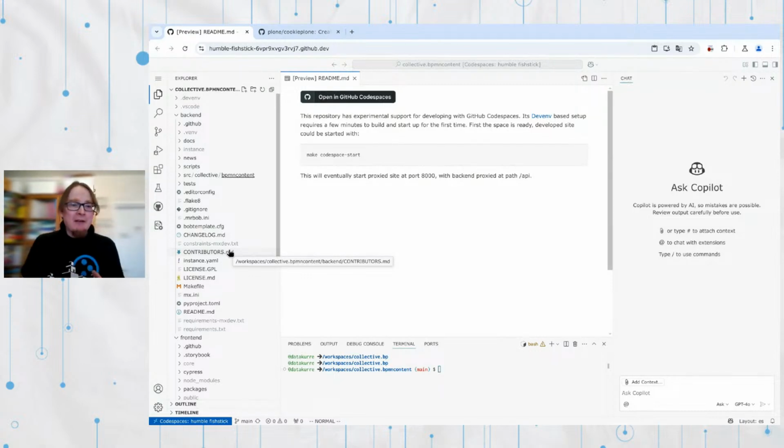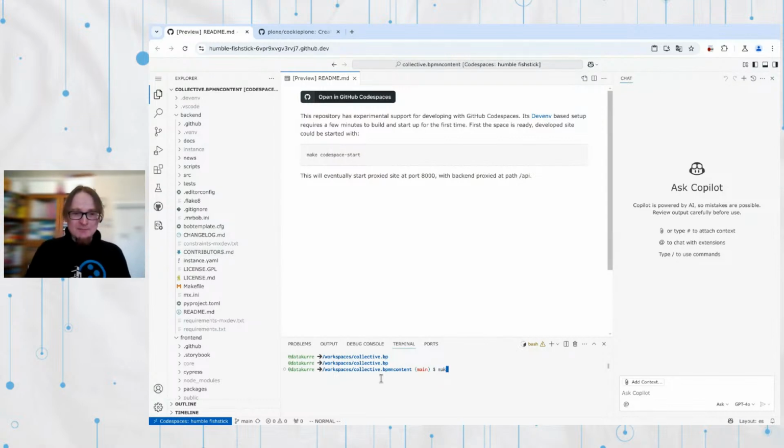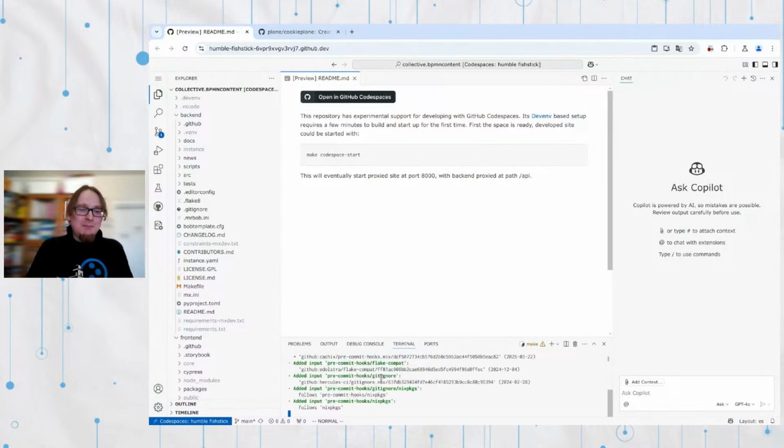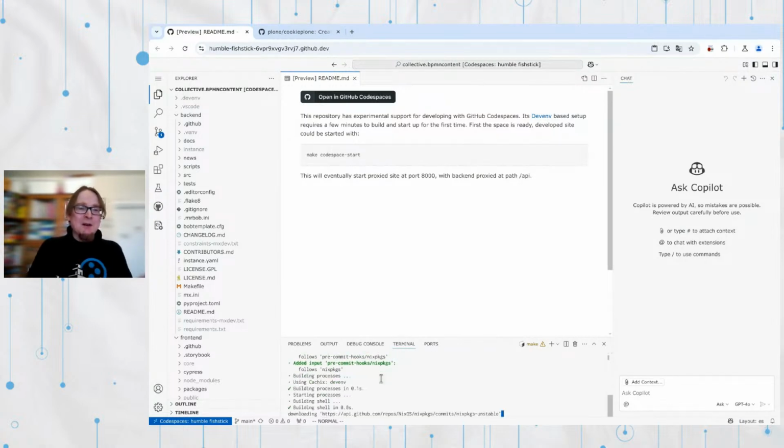So I have launched it, and then I have my setup to launch my project. The greatest thing I have to add on top of the Cookie Plone setup is a proxy in front of the Plone backend and Plone frontend to make everything available through the web. So while we're waiting for Plone to start,